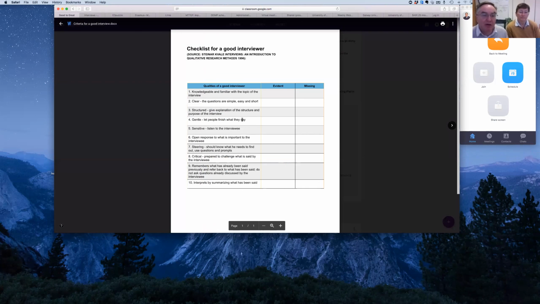Have a read of that again. You might want to ask questions, talk to a colleague, identify whether you agree. You may have some additional criteria, but these are generally regarded by most researchers as being good qualities to observe when you're undertaking a research interview. So get yourself familiar with that first of all.